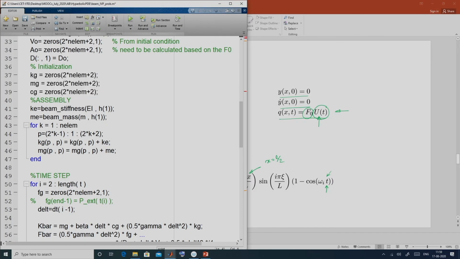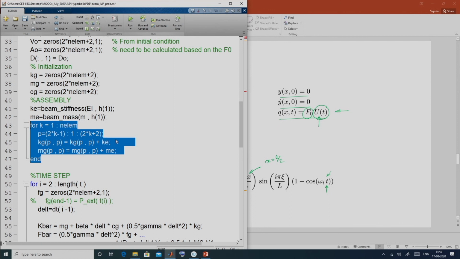Since the K and M matrix are not time dependent, we calculated them before the time loop. But in case they are dependent on time, you have to put them inside the time loop. Now we simply wrote the expression for the element stiffness matrix and the element mass matrix for the beam. This part I have discussed in the eigenvalue problem, and since each of the elements has the same length, same geometric property and material property, the same element stiffness and mass matrix has been used to obtain the global stiffness and the global mass matrix.